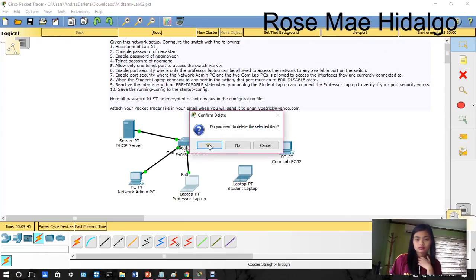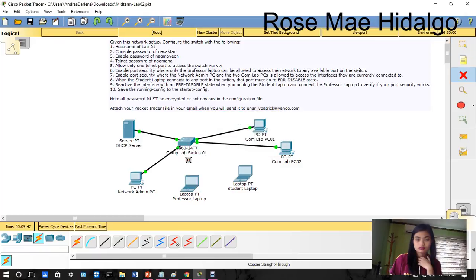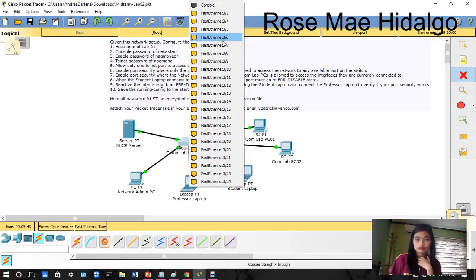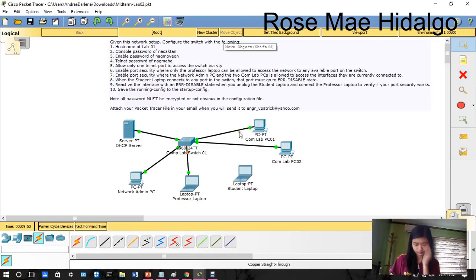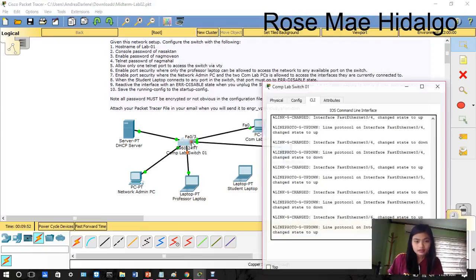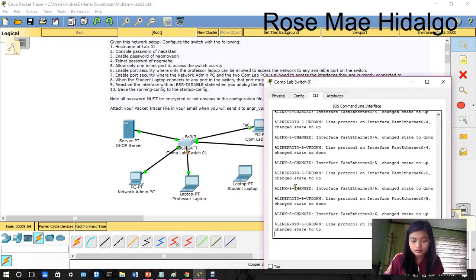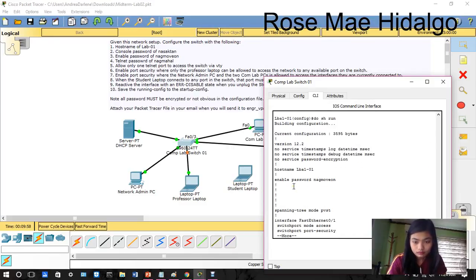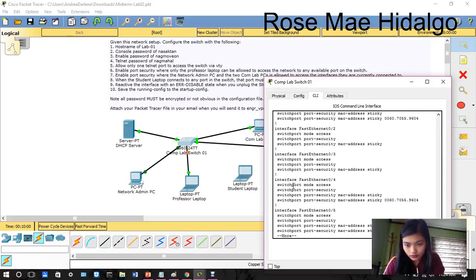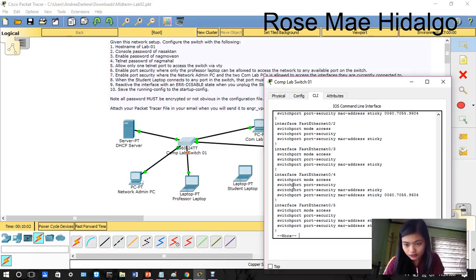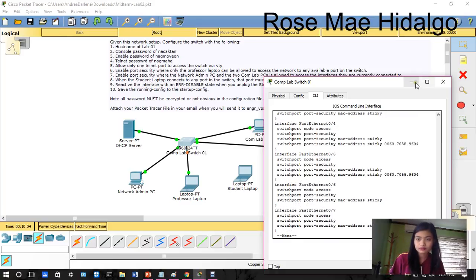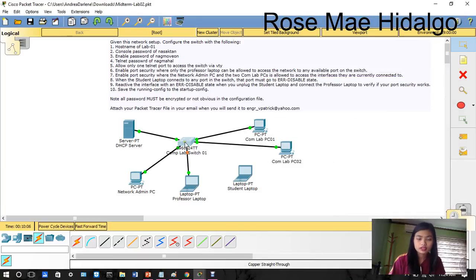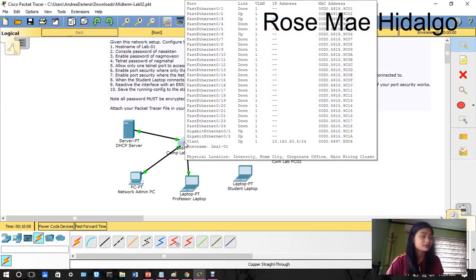Let's see if they have a MAC address. So the number 4 has a MAC address and the number 5. So let's wait for the other.